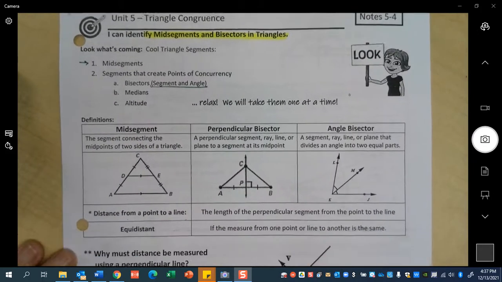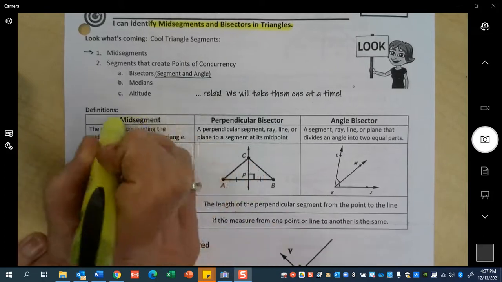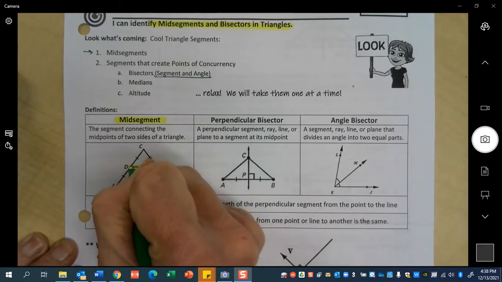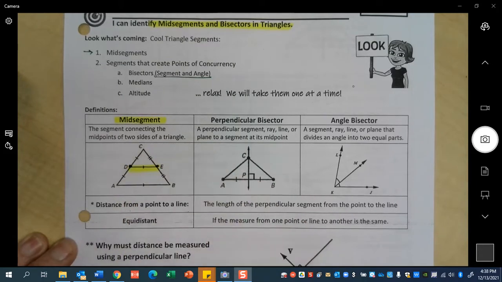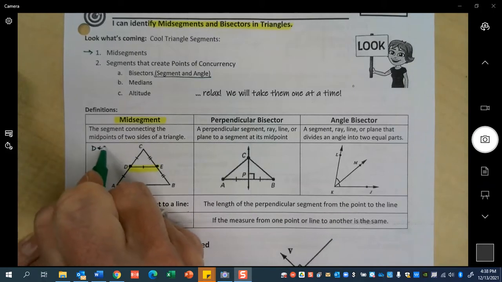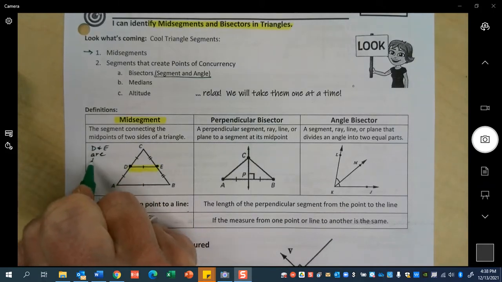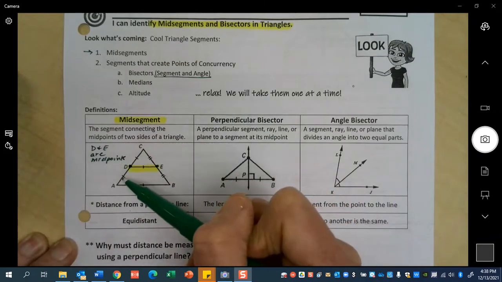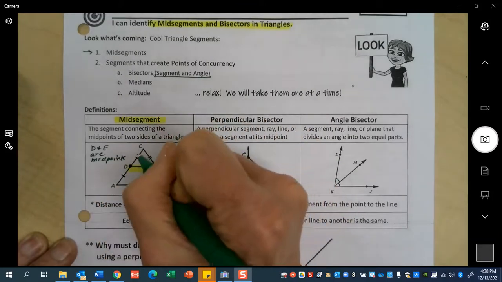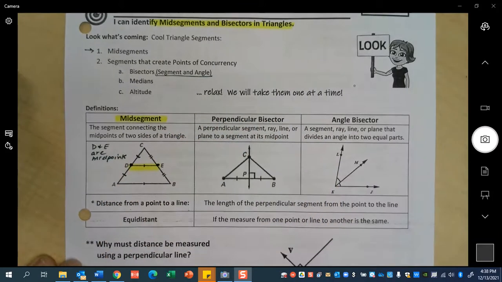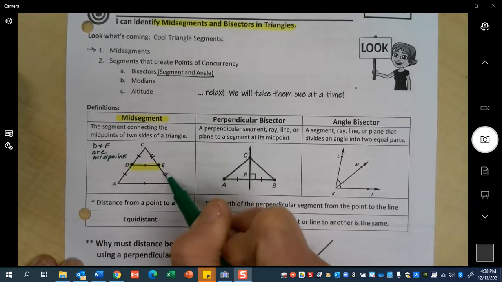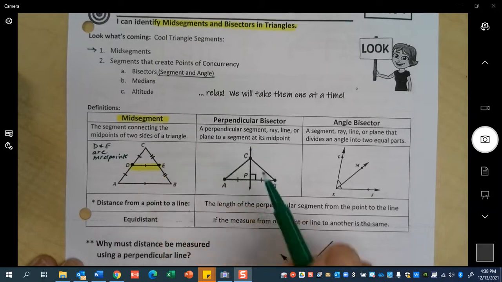All right, first some definitions. A mid-segment is going to be a segment that connects the midpoints of two sides of a triangle. So if you think about here, D and E are midpoints of each of those sides. And we know that because see these marks here? I know that the distance from A to D is the same as the distance from D to C. I know that the distance from C to E is the same as the distance from E to B. So that segment DE is our